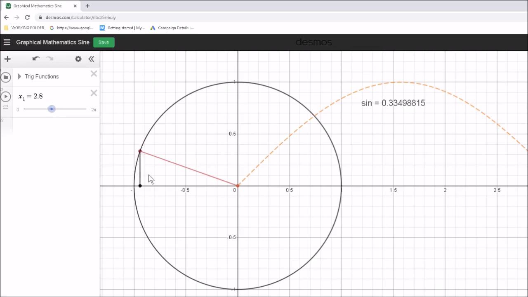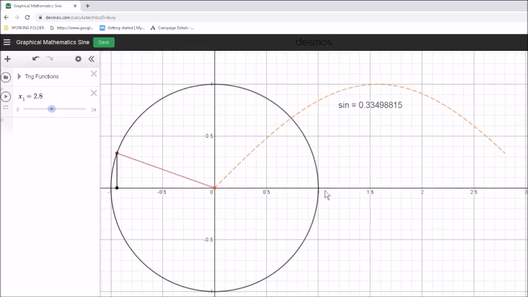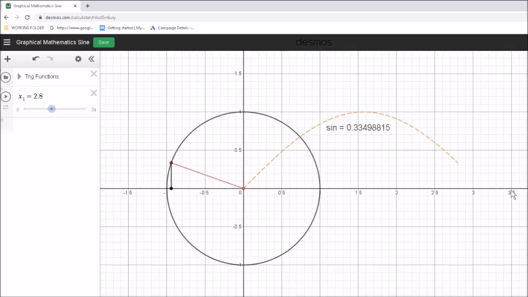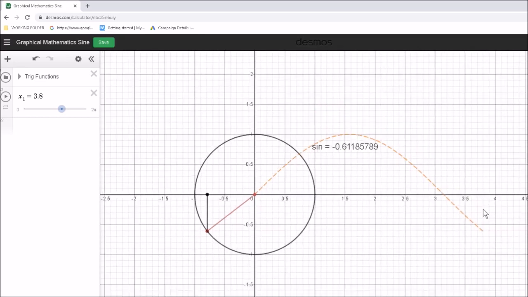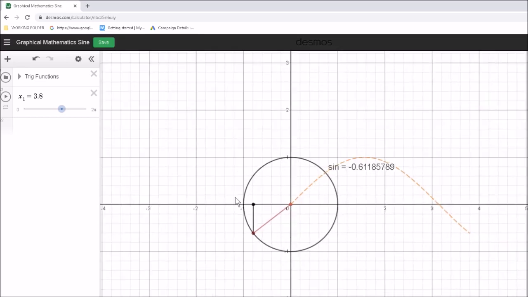And when the height becomes 0, the height here will become 0 as well. So just head along there, you can see it heading towards 0. And then as we head into the third quadrant, you can see the height's going to be getting greater, but it's going to be greater in a negative sense, so it's going to be a minus value, and you can see the minus value over here. So we'll continue along into